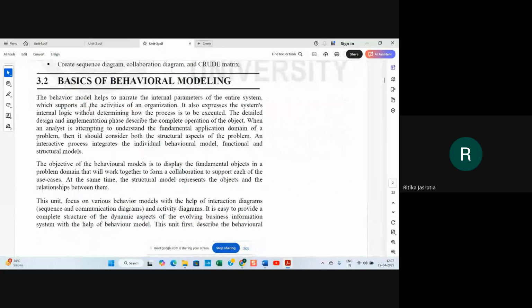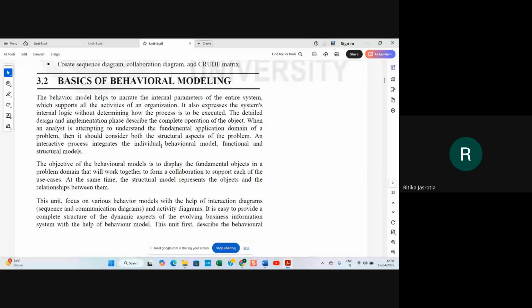Now they are talking about the basics of behavioral modeling: the behavioral model helps to narrate the internal parameters of the entire system which supports all the activities of an organization. It also expresses the system's internal logic without determining how the process is to be executed. The detailed design and implementation phase describes the complete operation of the object. So when an analyst is attempting to understand the fundamental application domain of a problem, they should consider both the behavioral and structural aspects of the problem.